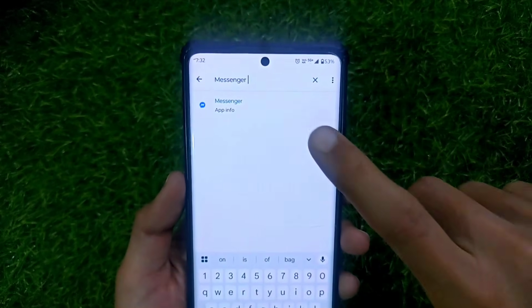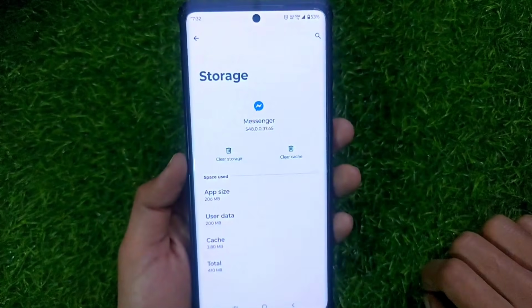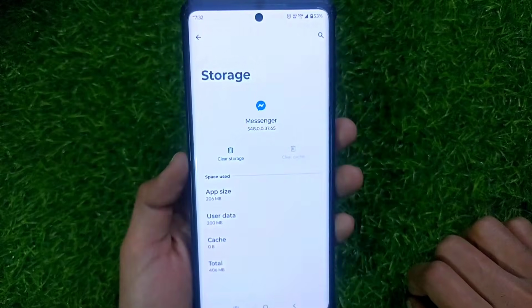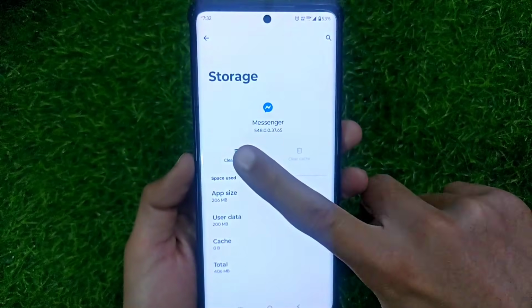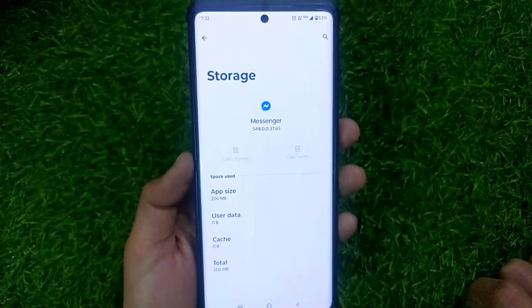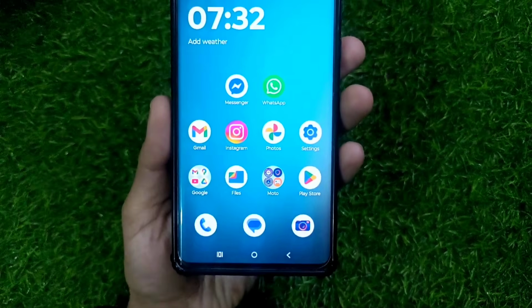Then after searching for Messenger, select it and then click on storage and cache. After clicking on the storage option, you have to clear the cache and then select clear storage and then click on delete or OK button. After this, your Messenger app will be refreshed and you have to go back to your home screen